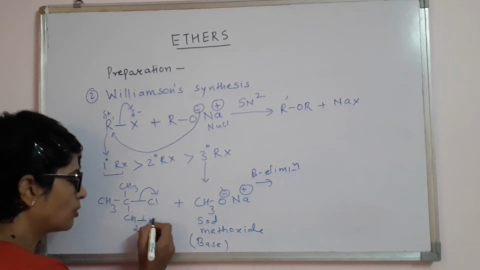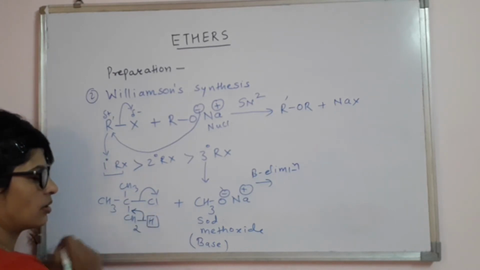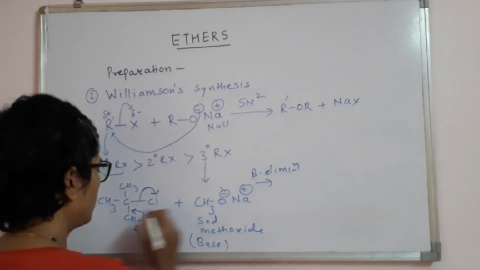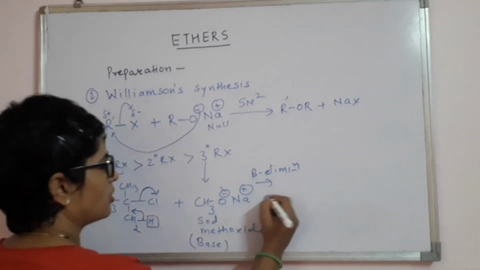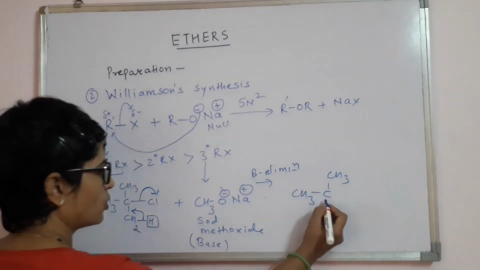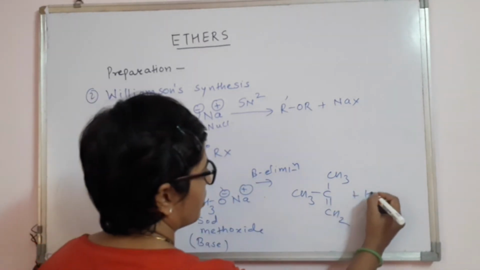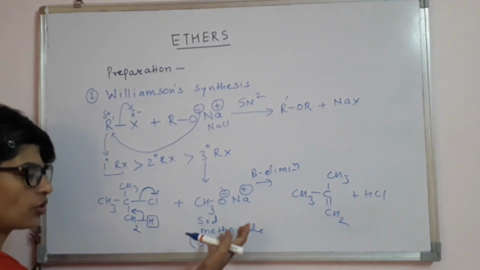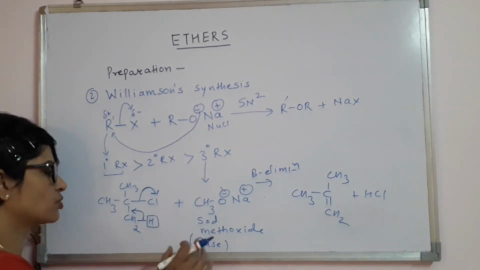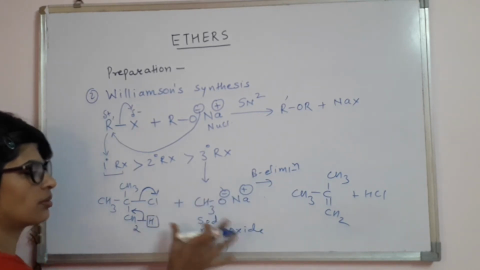So this H plus will come out and the electrons will be left between these two carbons, and the Cl minus will go out. So you will be getting CH3, and double bond CH2, an alkene as the product, and HCl is going to be coming out as the byproduct. There is no role of this, frankly speaking, to add anything to the substrate. Its role only is to remove the H plus from here and it will just remain like that. So it's the base now.